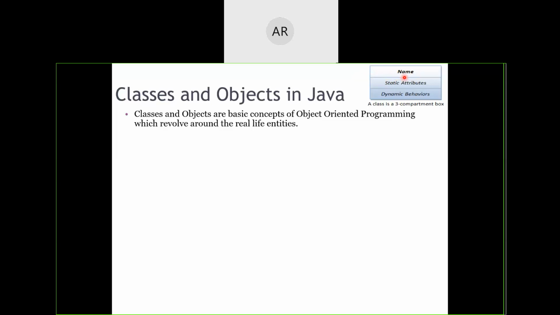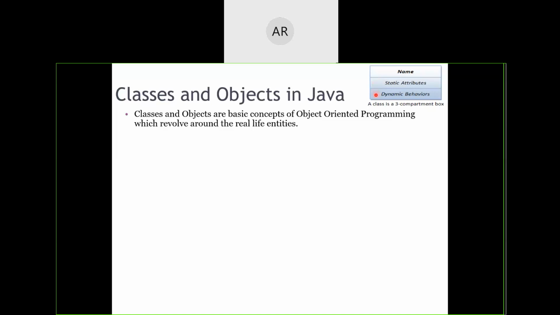First one is the name. Second one is a list of variables that are going to be there in that particular class. These variables are the characteristics which are used for distinguishing each and every object. The values of those characteristics will say what type of object it is. For example, color of a person. If the color is fair or if the color is black, that means I'm distinguishing two different personalities here.